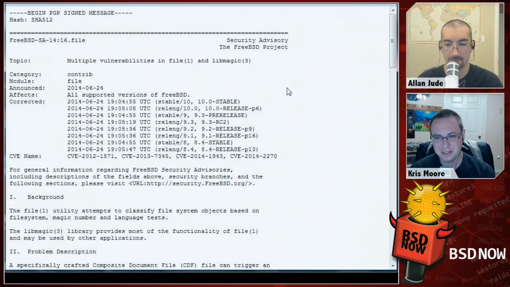And last but not least, we want to mention there were some recent FreeBSD security advisories that came out yesterday evening, it looks like. So if you're on 9, 10, or any supported version of FreeBSD, you may want to go ahead and run freebsd-update and get up to date on that. So the first one,